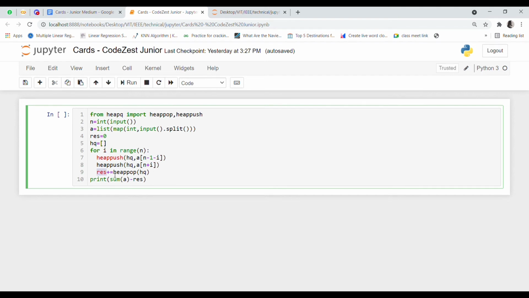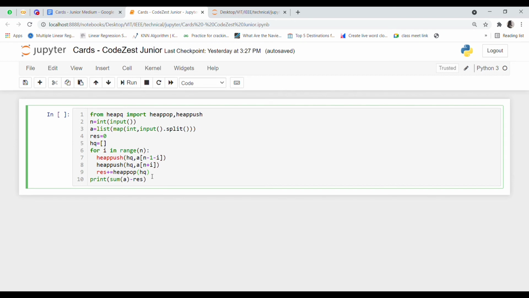So the initial value is 0, and the elements popped from the heap add up to this res variable in range n, that is until this loop is completely iterated through. What this gives is the sum of values of cards that Bill has towards the end.